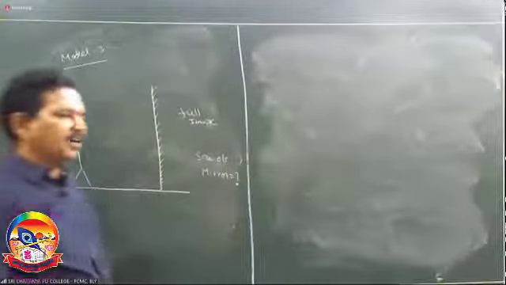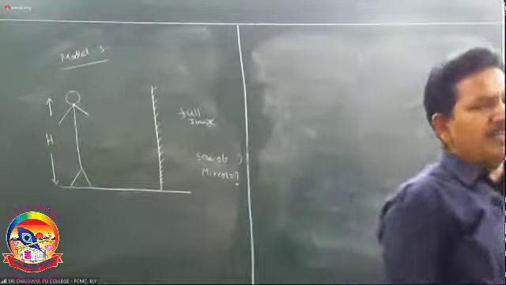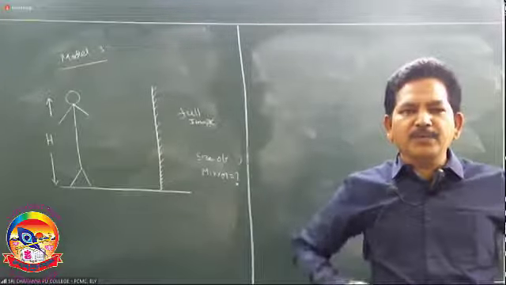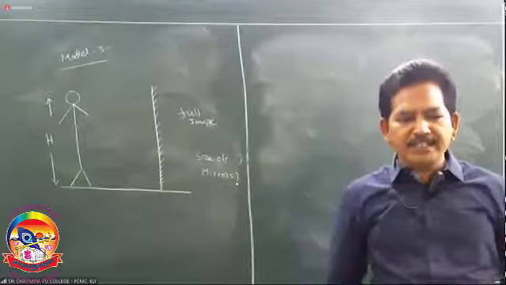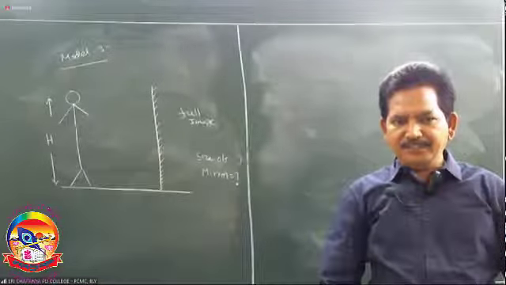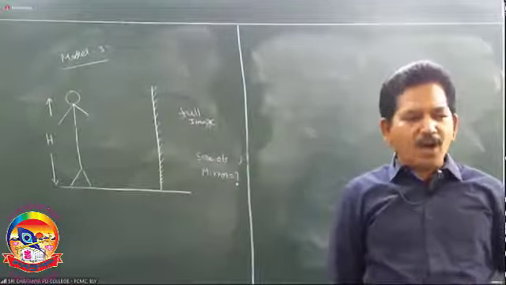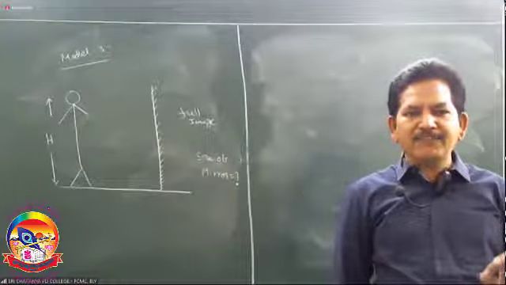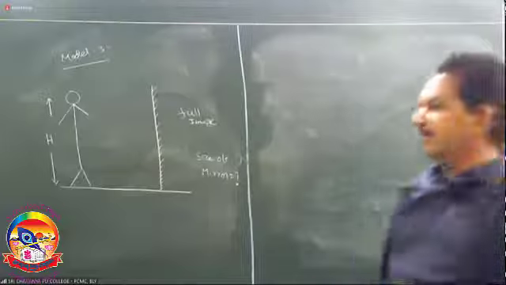First, understand the concept. There is a mirror. Even in our houses, if we stand in front of a mirror, we can see only a half portion, or only 1/4, or 3/4, or we can see the full image, if we go on changing our positions. In order to see the full image of a person in a mirror, what must be the minimum length of the mirror? We don't require this much length.